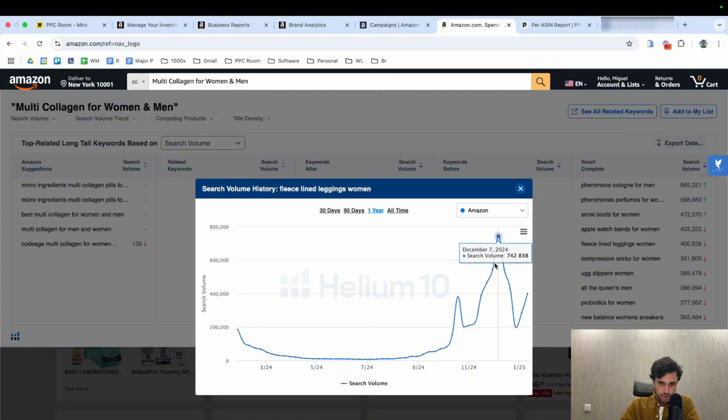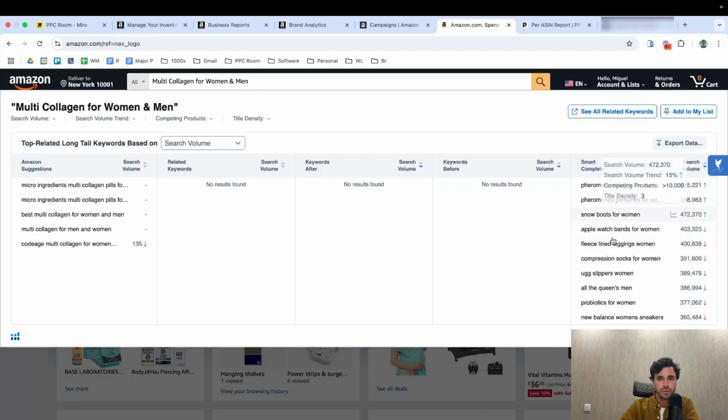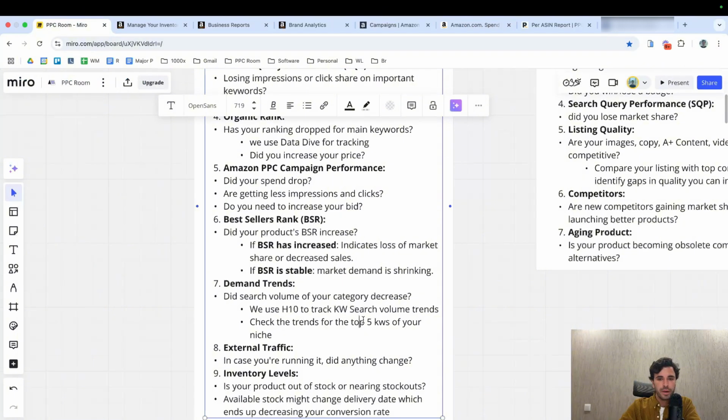See, that was a huge spike during this time. Okay, so people just got crazy. This doesn't happen often, for sure, but people got crazy, and you see lots more demand. If you are seeing your sales dropping, I would say you check your main top 5 keywords to see how they are trending. If you see that all of them are trending down,